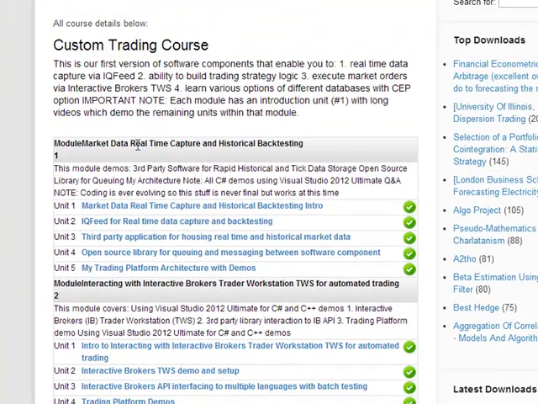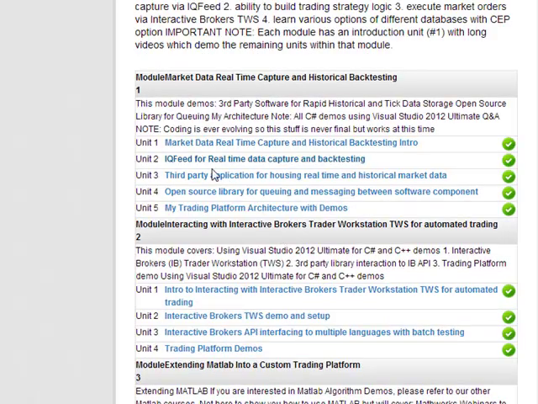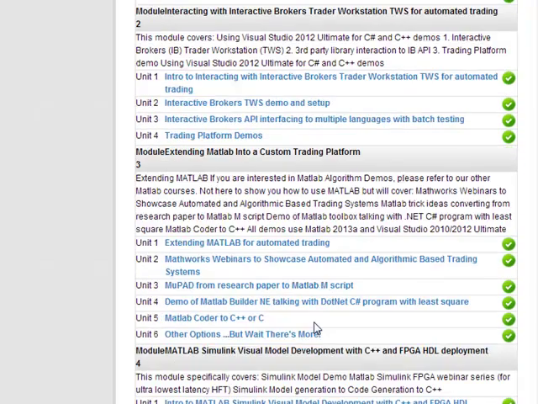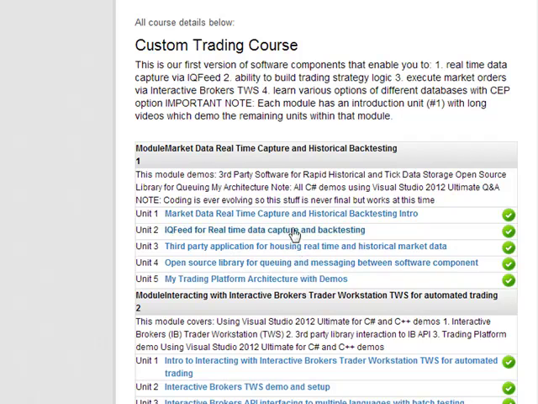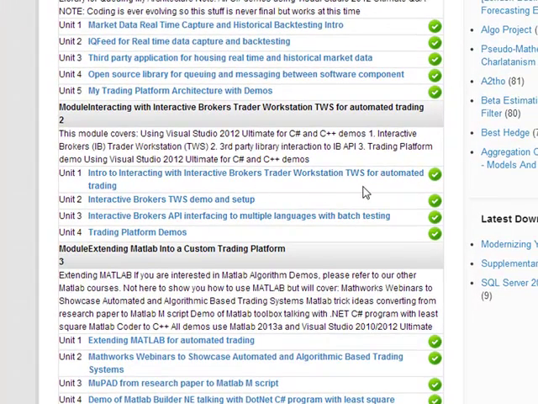So we've got covering here real-time data capture and historical backtesting. We use IQFeed as our data source. We've got some other, we'll call them trade secret tools that we use that are very effective to generate historical data. We don't go on about what they are publicly, but when you get into all this, of course we reveal all that. So we use IQFeed, a very good provider,